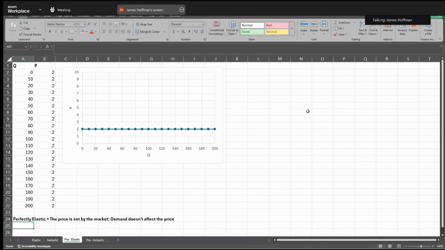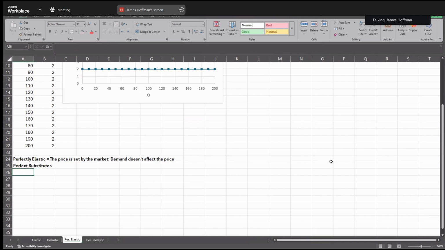So the thing you want to think of here, because in the elastic case we thought of substitutes for the movie tickets, you want to think here of perfect substitutes. Okay, what I mean by that is,